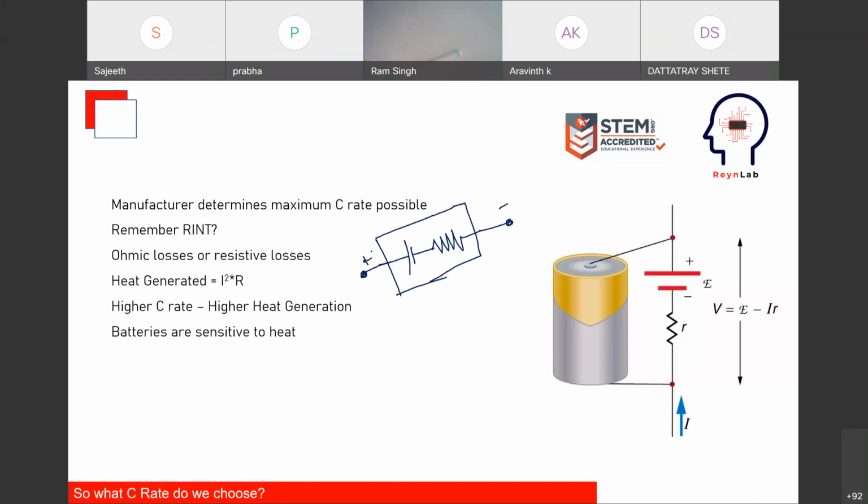You might ask, what is this internal resistance you're talking about? Can I take a multimeter and measure the internal resistance? You might not be able to, because it's too small. But whether it is too small or too high, you cannot forget the fact that there is an internal resistance. Every time some current is taken out from the battery, it gives rise to I square R losses. I square R losses are heating losses, also called ohmic losses. So whenever you start discharging it, this heat will be generated inside the battery, and because of it, the battery